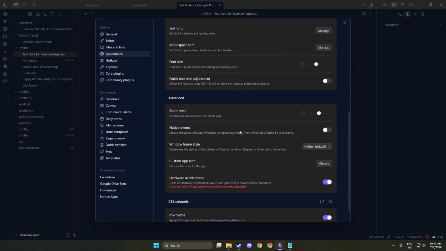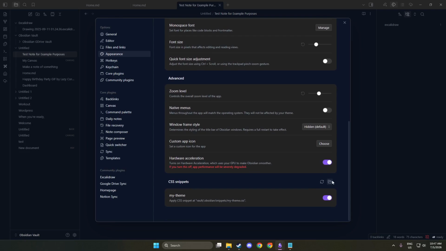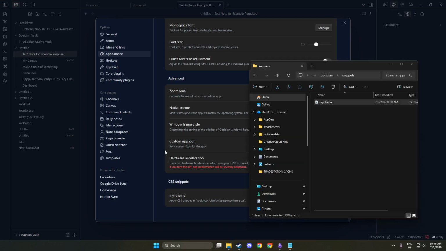Now it's time to create a file. You will need to name it something recognizable like tags.css. This naming convention is essential because it makes it easier to identify your file later. Make sure to use the .css extension so that Obsidian recognizes it as a style sheet. Once you've created the file, you'll see it in the Snippets folder. This file will serve as the foundation for customizing your tags. Next up, we will add the CSS to color the tags.